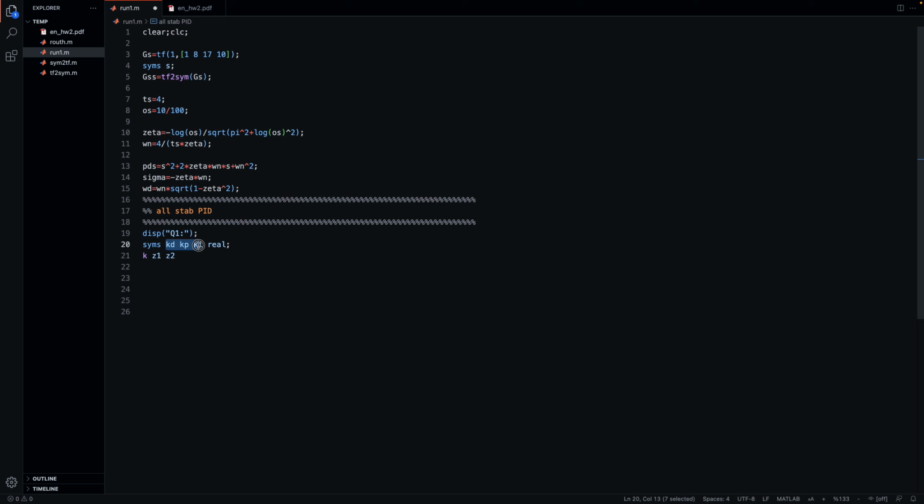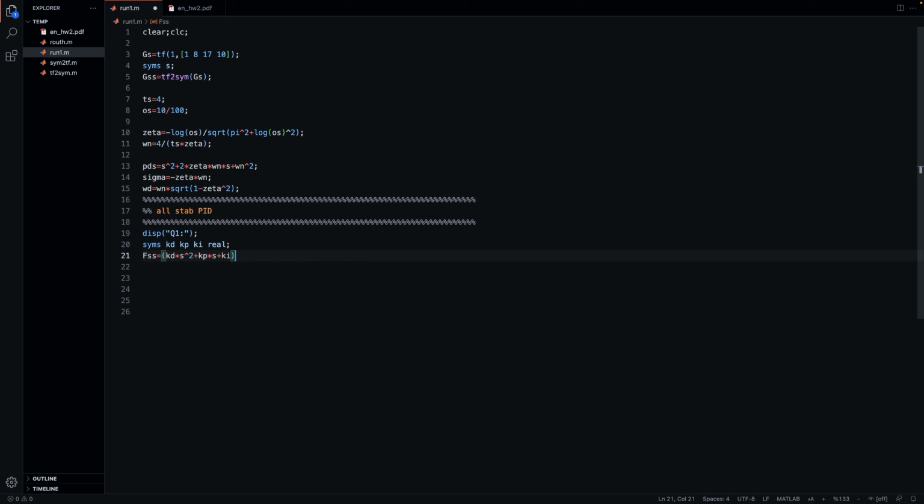But here, if we look at them as the coefficients of a polynomial, then it's not going to be restricted to be complex, or we don't really have to take that into account because the coefficients will always be real, but the solution of the polynomial itself, so the zeros of this controller, could be complex. So we're kind of in the most general case, but it is going to be linear. So let's state our PID controller, which would look like KD times S squared plus KP times S plus KI